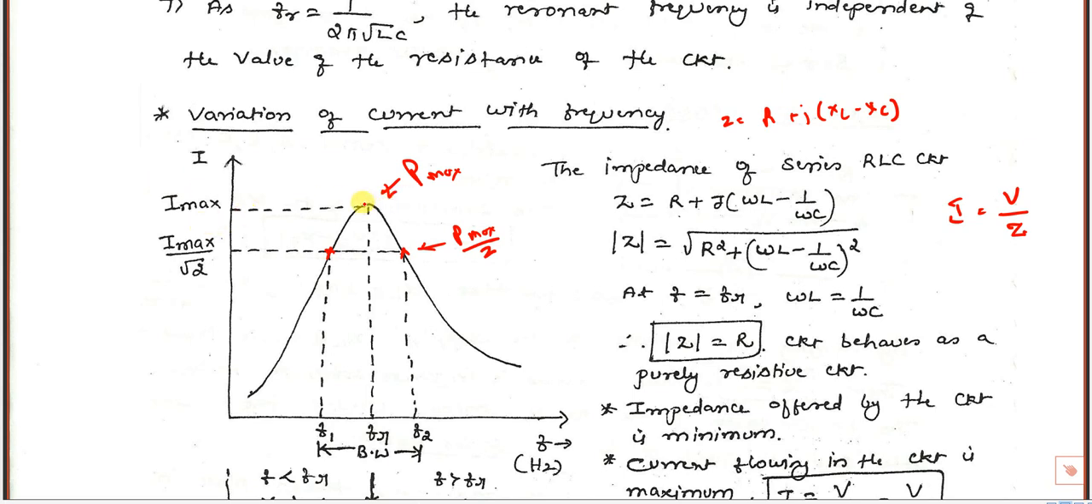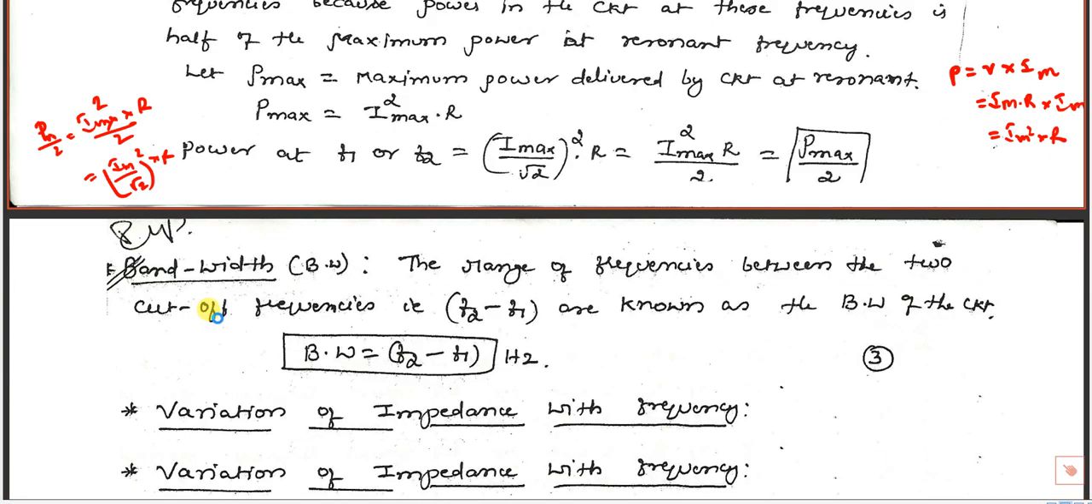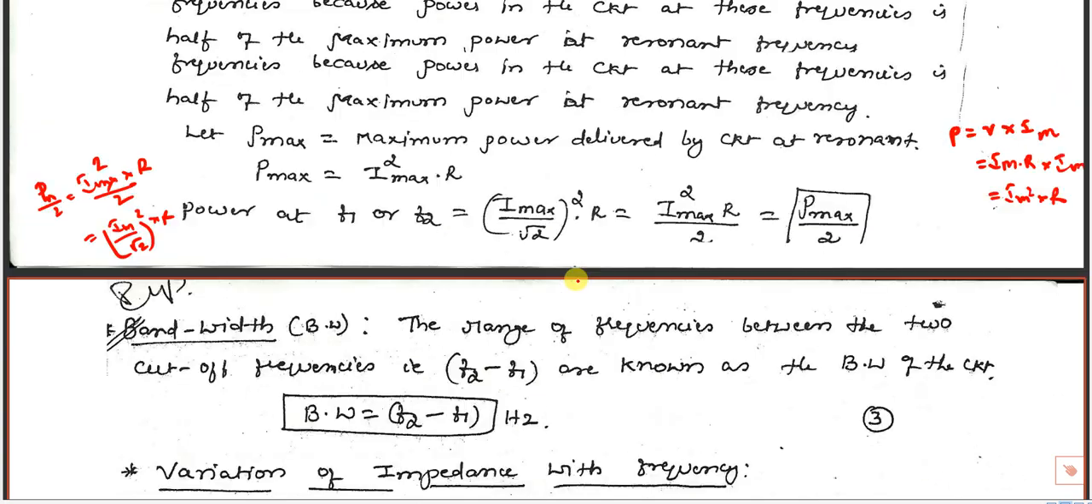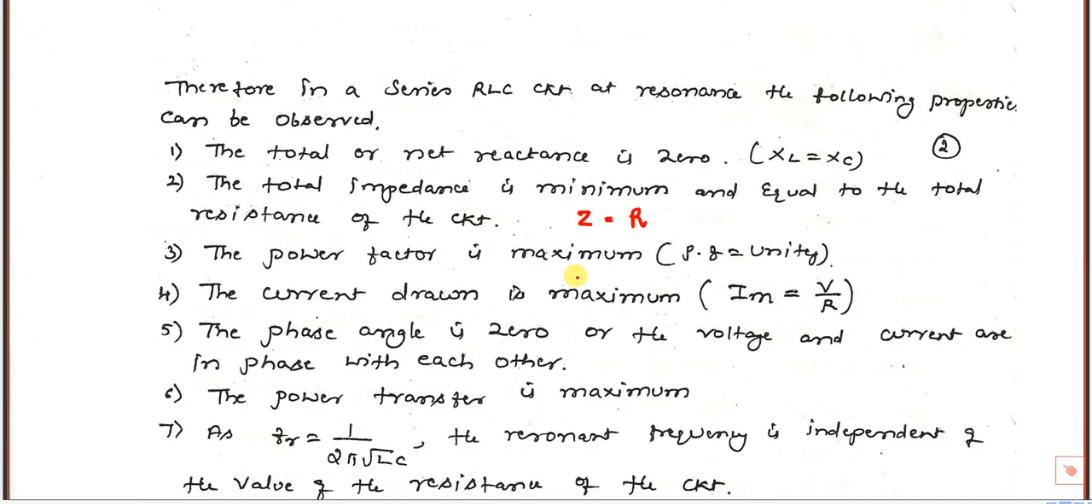In this graph, at this point the current is I max. At these two points the power is half, and the current value becomes I max by root 2. And for bandwidth, sometimes they'll ask for the definition. They'll ask for 8 marks: define the following terms. What is resonance frequency? You have to write that resonance frequency is the frequency